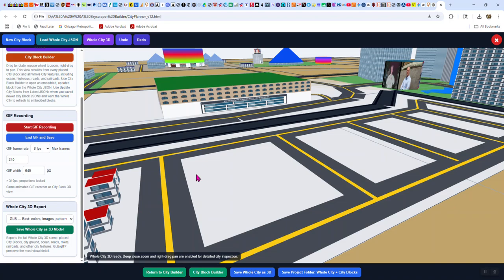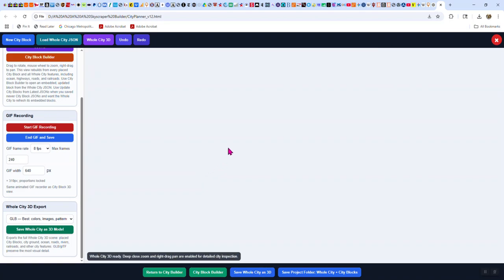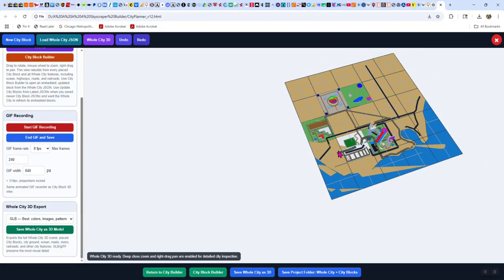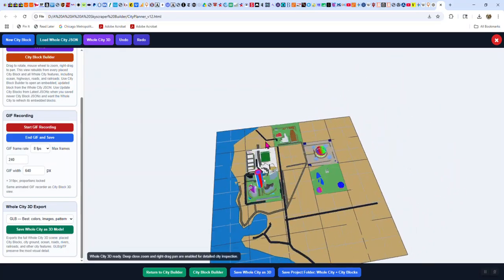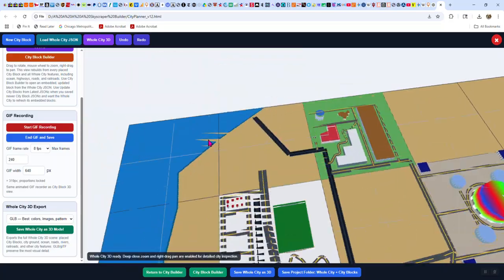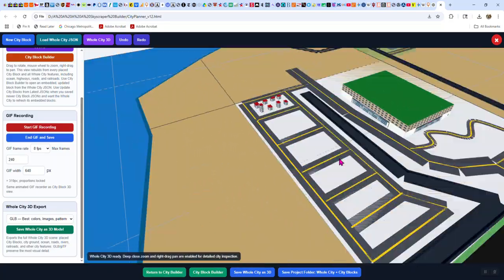Oh, I tried to do some tract housing. Bring my image back to me. I tried to do some tract housing. Oh, come on, baby. Let's zoom in.